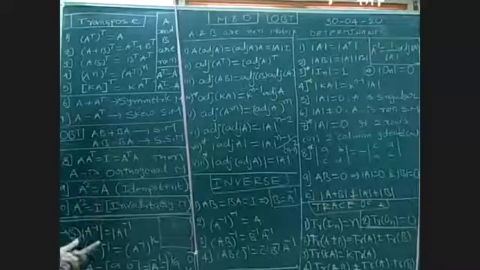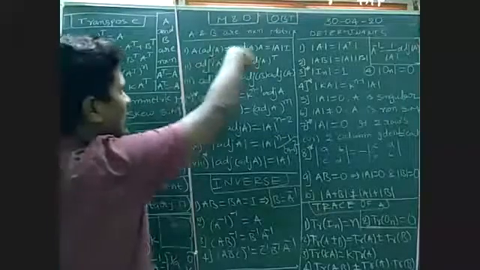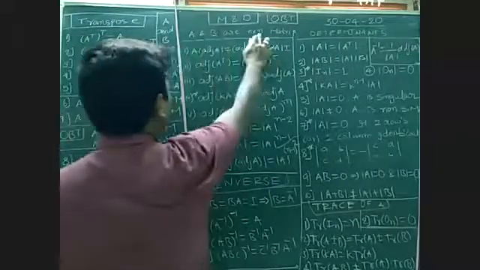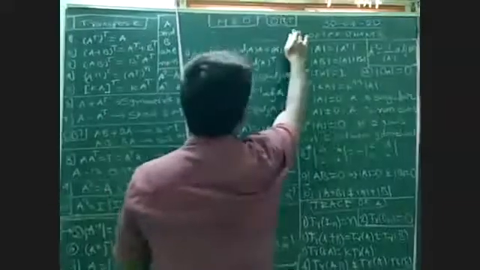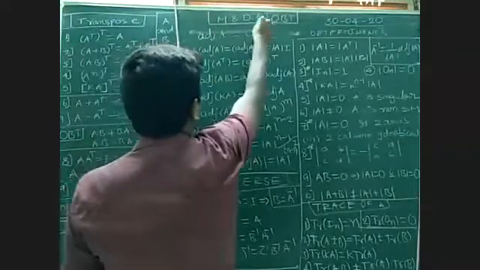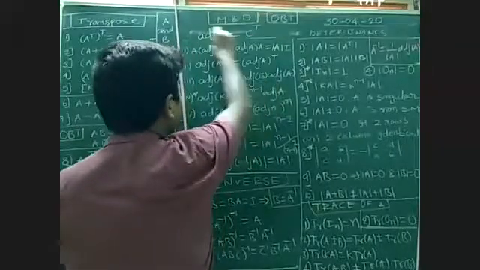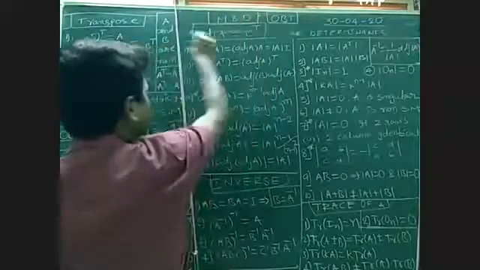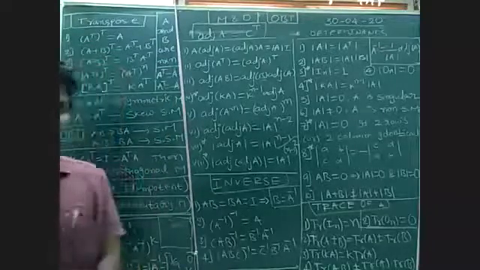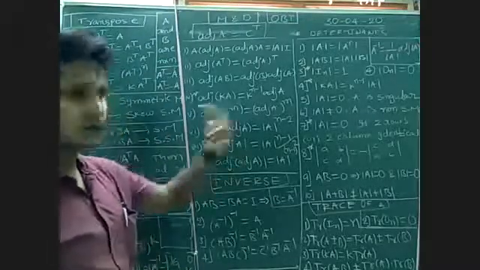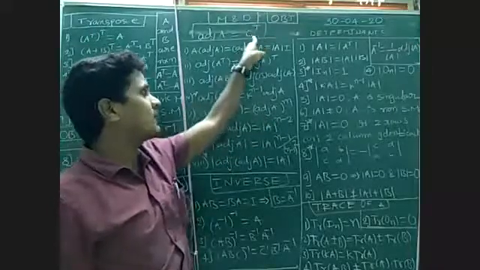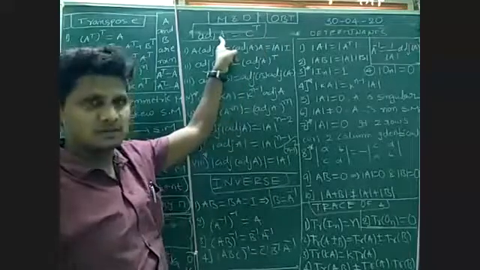So next, coming to the adjoint of a matrix A. See, A and B are any two n by n matrices. Adjoint of A, we already know, is C^T, where C is the cofactor matrix. Everyone knows C is the cofactor matrix. How to find the cofactor? By using minors. Use minors first to find the cofactor matrix C. After that, take the transpose of the cofactor matrix, and we get the adjoint of A.